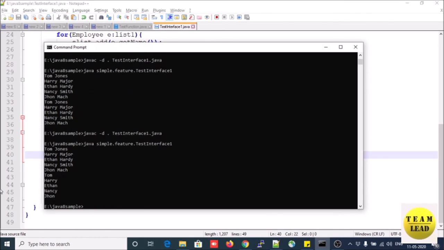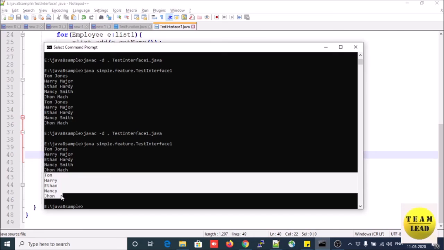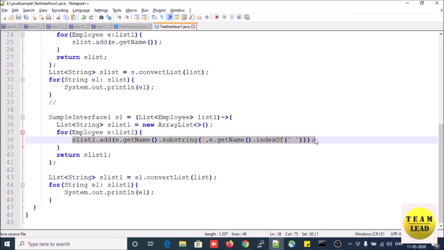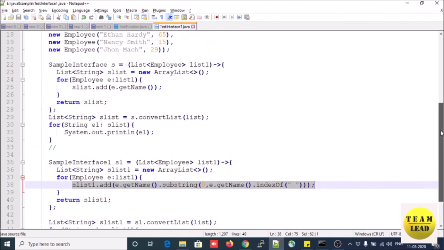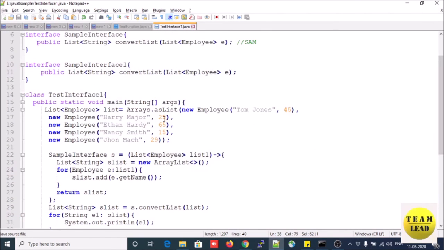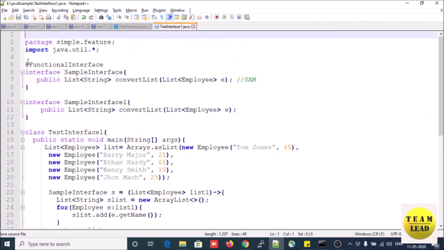Let's run. So here you will see the difference, friends. The second list is returning according to the condition, that is, the operation that I have performed here. So again, if you want to get another list, for example the name from the employee ID, you need to write one more functional interface here. So instead of writing this many functional interfaces,